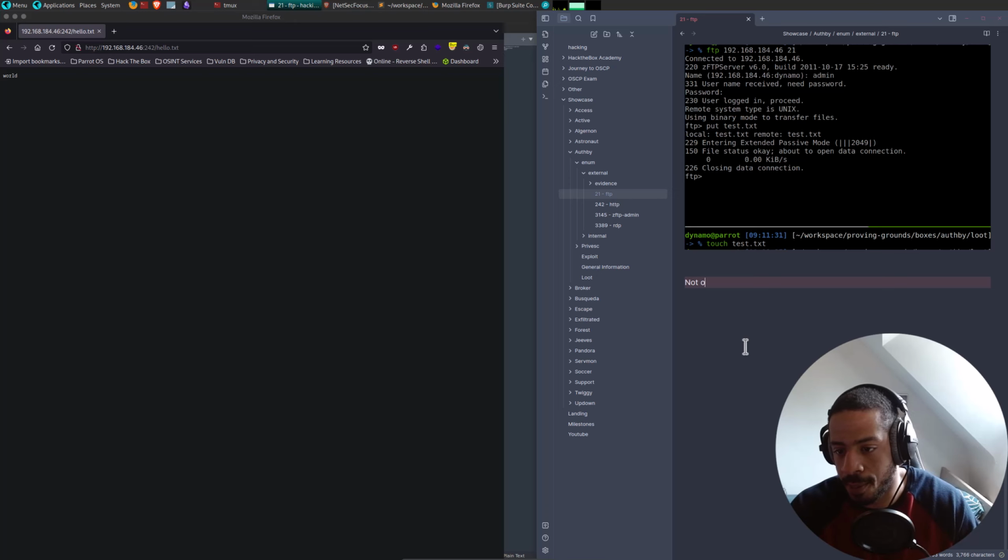Not only can we upload files to the FTP server, but we can also directly browse them on the web server.